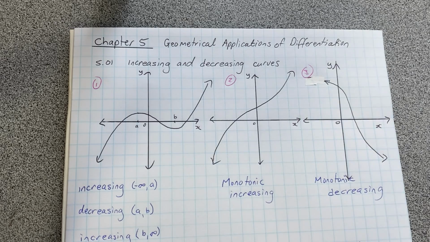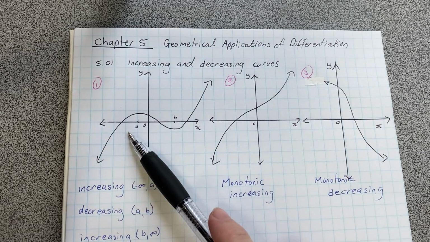So we're starting chapter 5, which is geometrical applications of differentiation. So we are differentiating again rather than anti-differentiating. Exercise 5.01 is about increasing and decreasing curves. So this first curve I've drawn here,